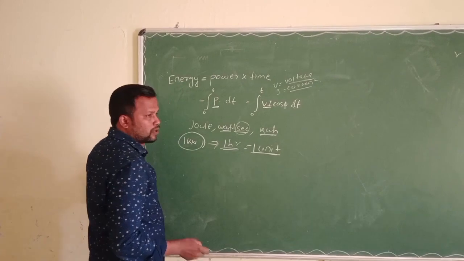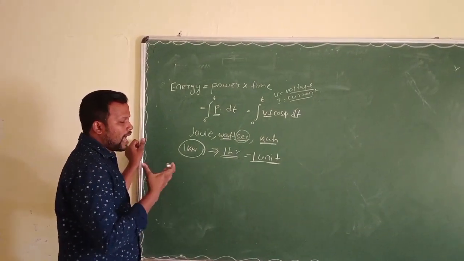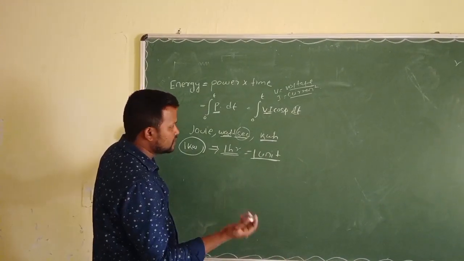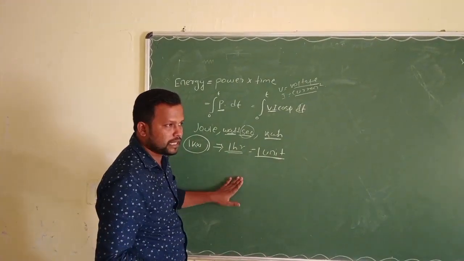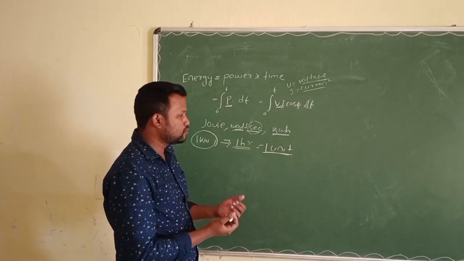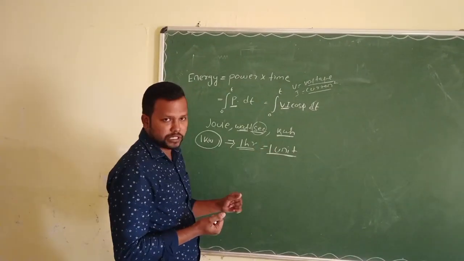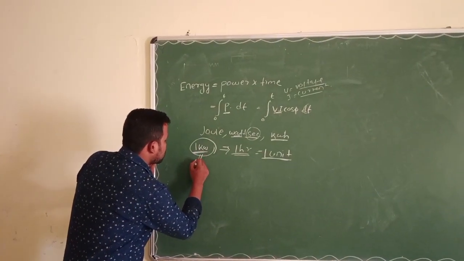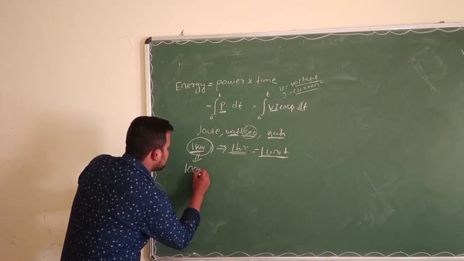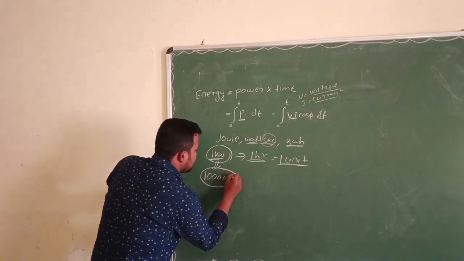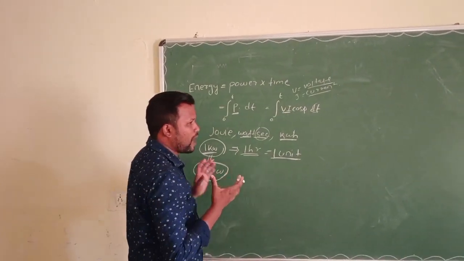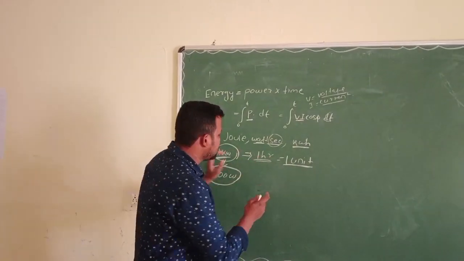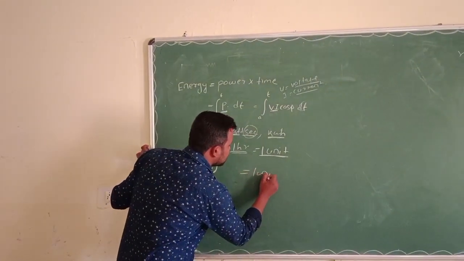In an energy meter, we have to calculate how many units of power are consumed. It means how much energy we consume or utilize is shown as units. It is also known as 1 kilowatt, and 1 kilowatt is converted to 1000 watt. It means if 1000 watt of power is consumed in 1 hour, it is called 1 unit.